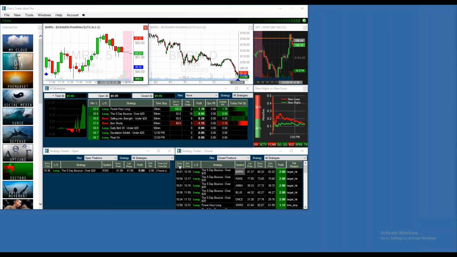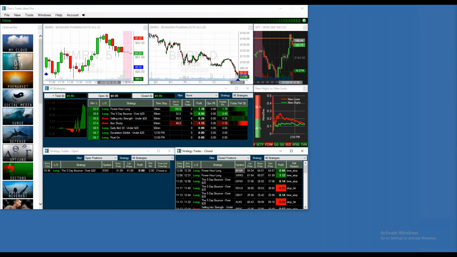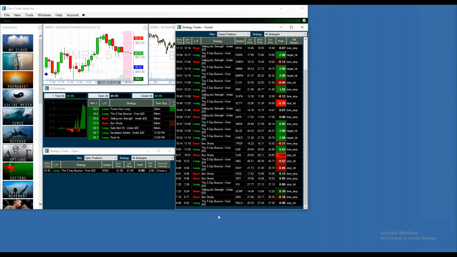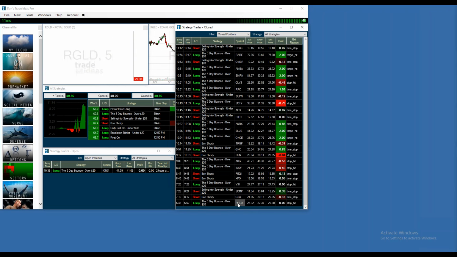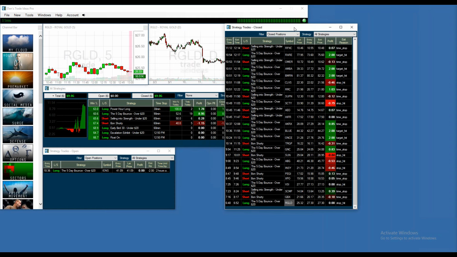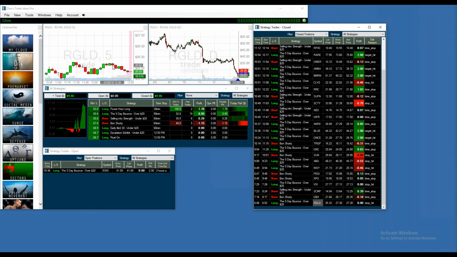And as the trades take place, you're going to see them. I'm just going to go all the way down so you can see how the day unfolded. The first one was a long trade in RGLD. That was just a small stop.